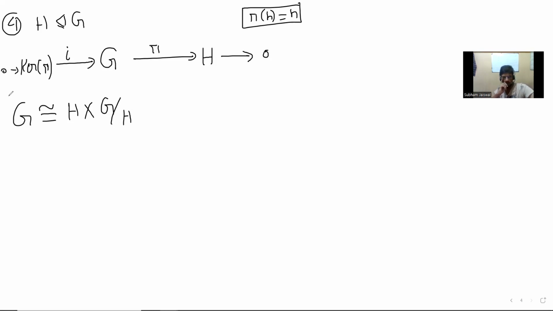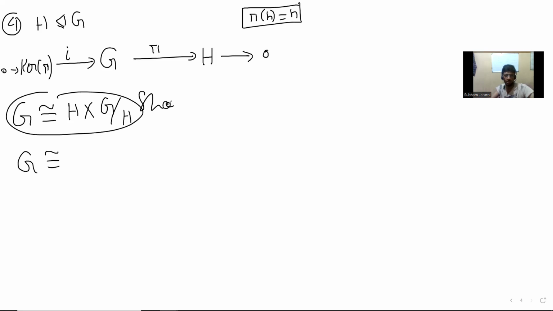Now, at least one thing should be clear, and this is what we need to show: G becomes a direct sum of this and H. So why is that the case? Just having a surjective map doesn't mean that, but in this case, the kernel sits inside G, that's okay.